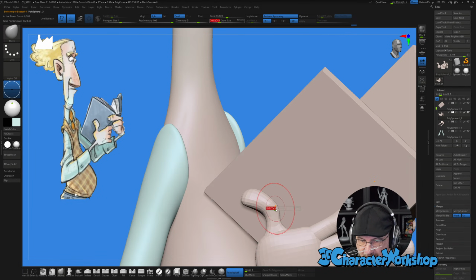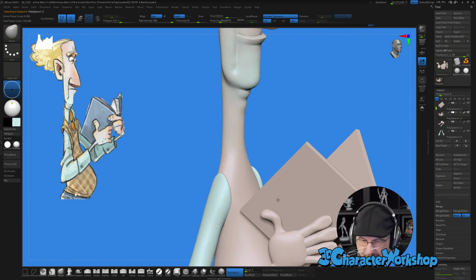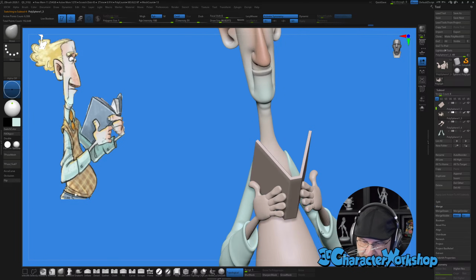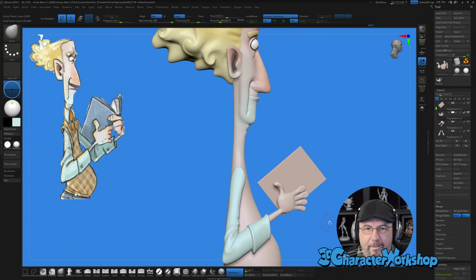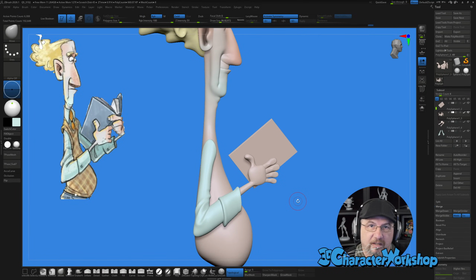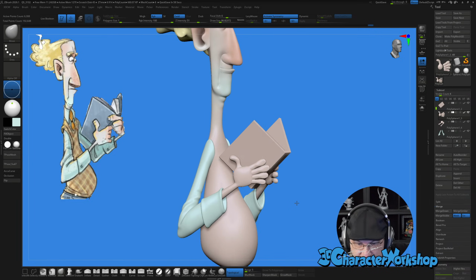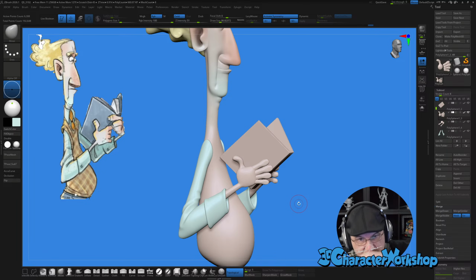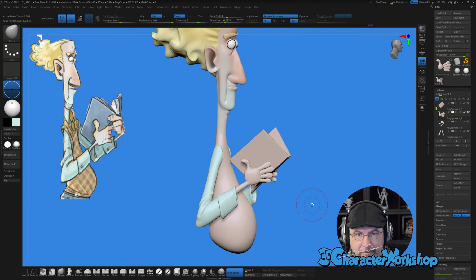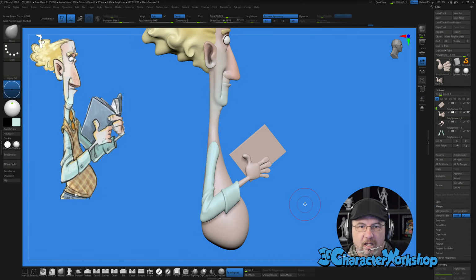So I would much rather you go, hey, what should I do here in this instance? Not that I have all the answers, but I think as a group, if I don't have the answer, we could figure it out. I always say there's no hole that you can dig yourself into that you can't dig yourself out of when it comes to ZBrush. You could do a mixture depending on what's going on with students, in the what are you stuck on right now post.